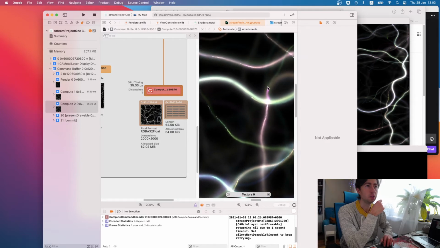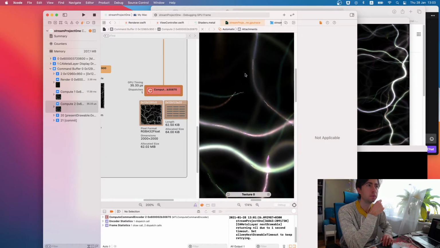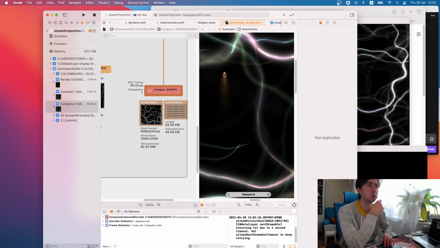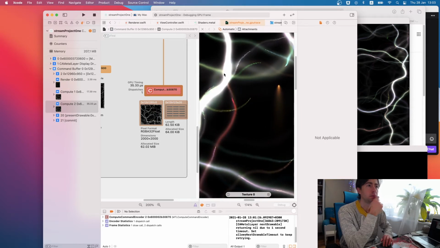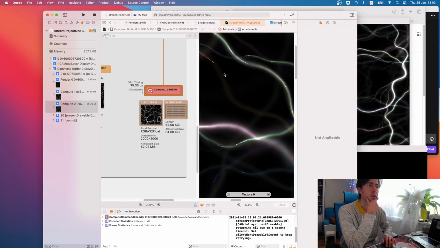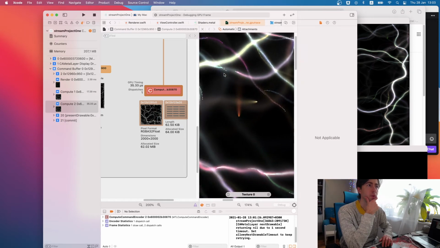And we have slow moving points, very fast moving points, very slow moving points. And yeah, that's the Physarum we have right now.